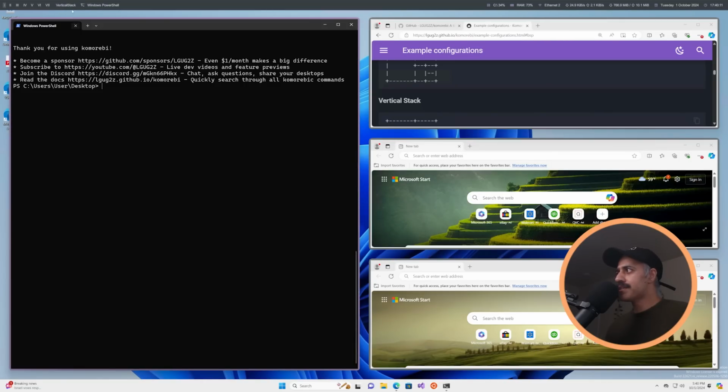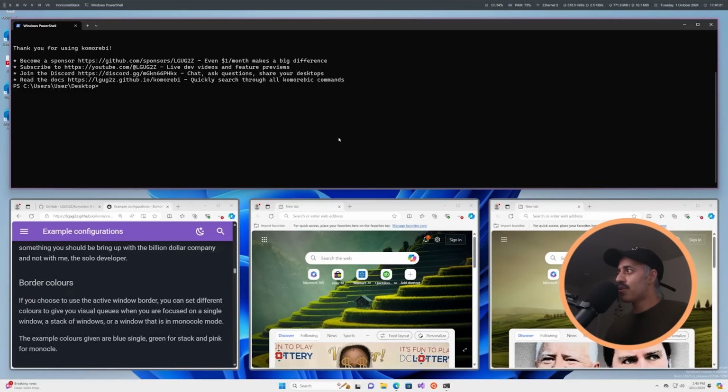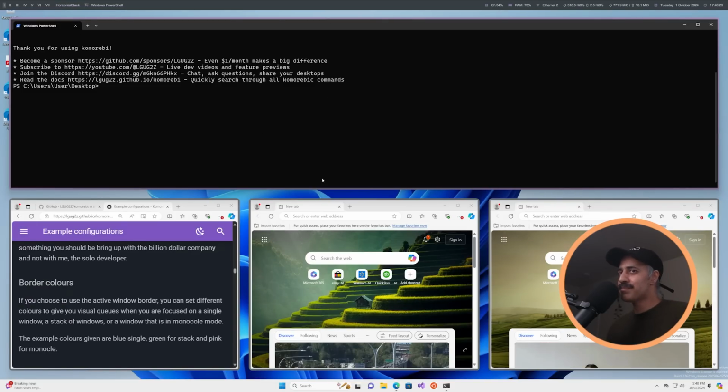Then we have the vertical stack layout, which is a main column here on the left, and then all of the windows get stacked here on the right. Then we have horizontal stack, same idea, but just kind of flipped, where you have a main row and then a stack row